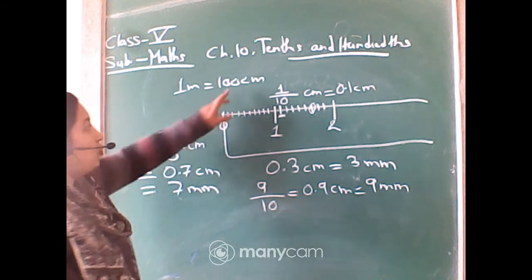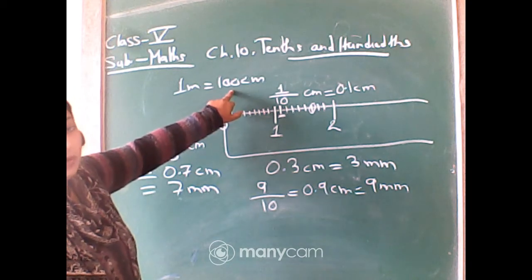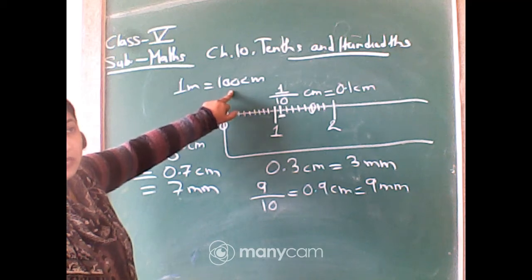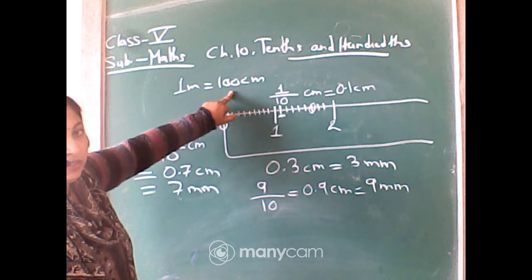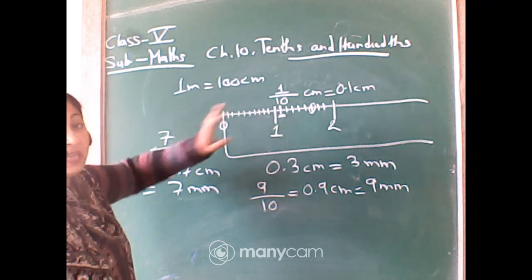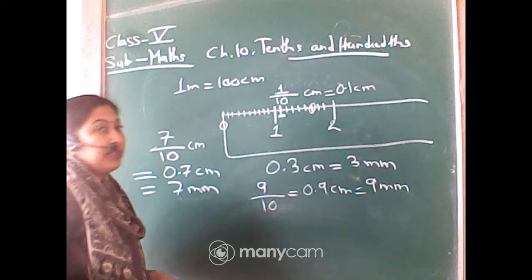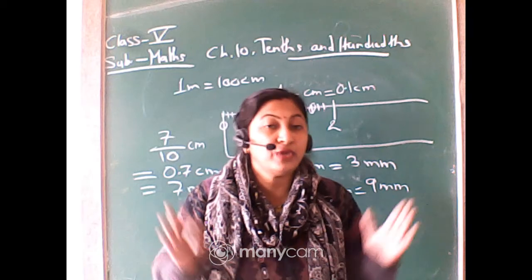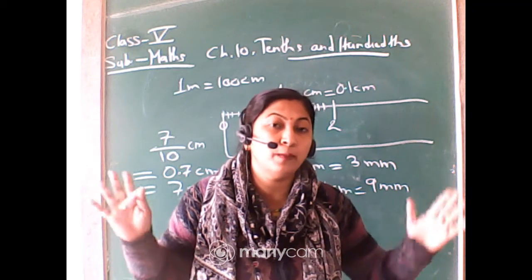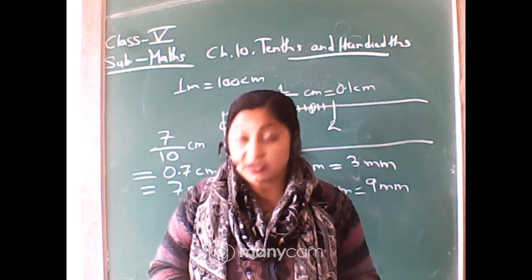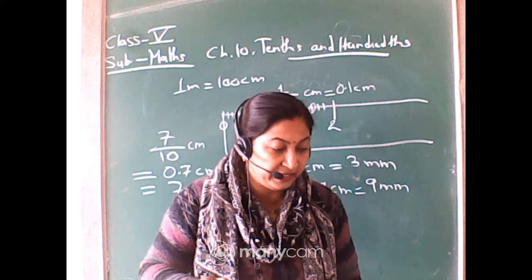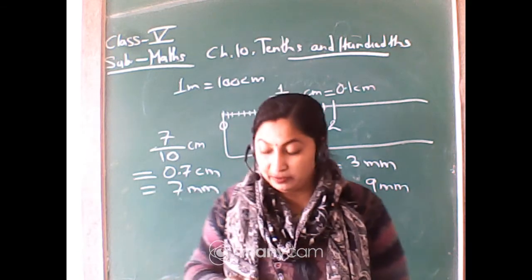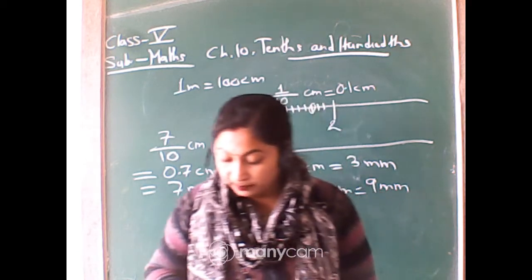To make 30.5, you have to multiply by 3. So 30 into 3 is 90, near about 100. That means 3 bullfrogs can sit over a 1 meter scale. Okay, 3 bullfrogs can sit over a 1 meter scale. So write 3. Understood why it is 3? Just write 3. Now the next one.